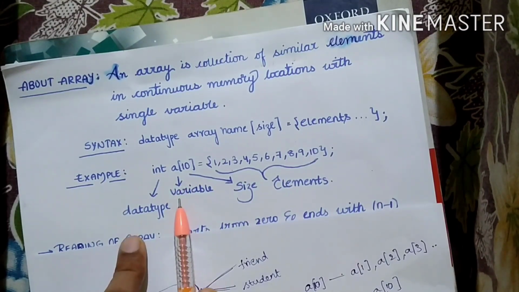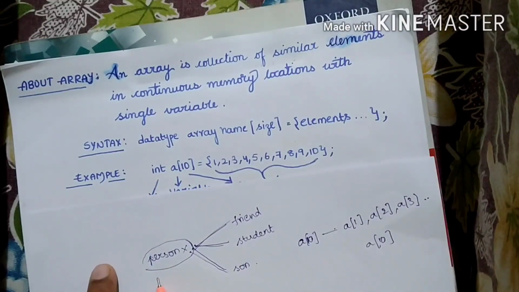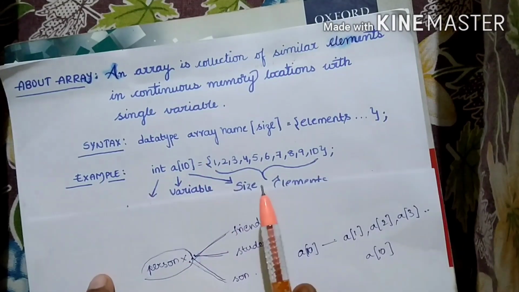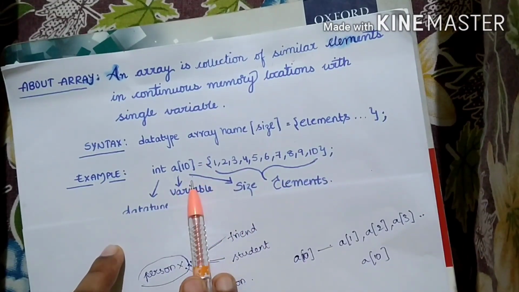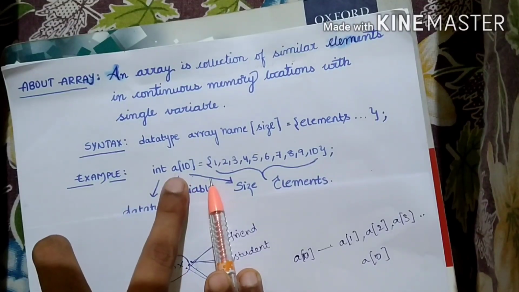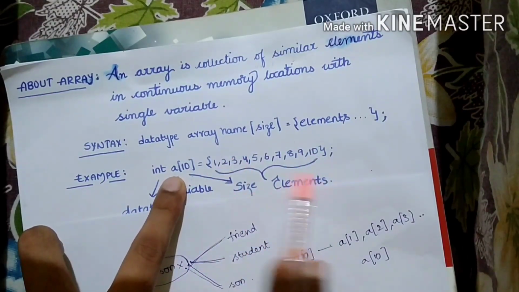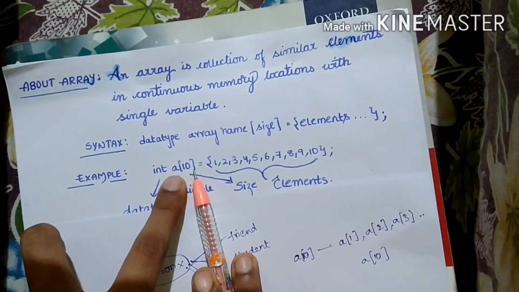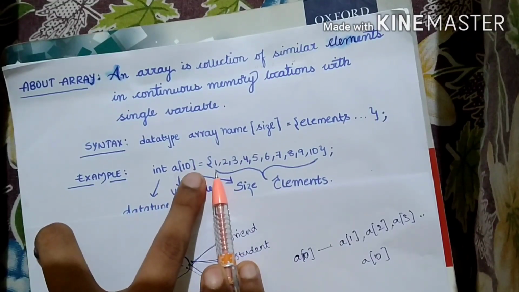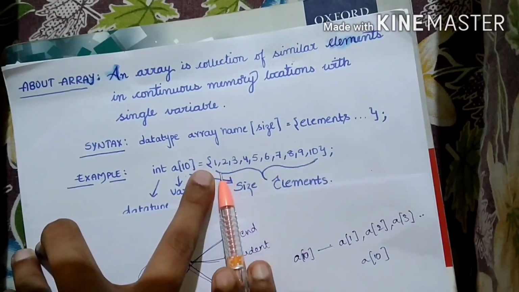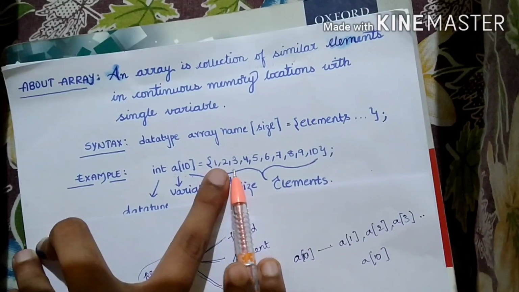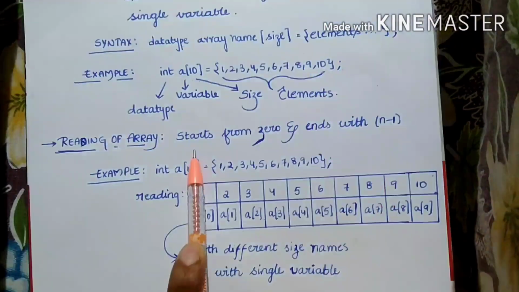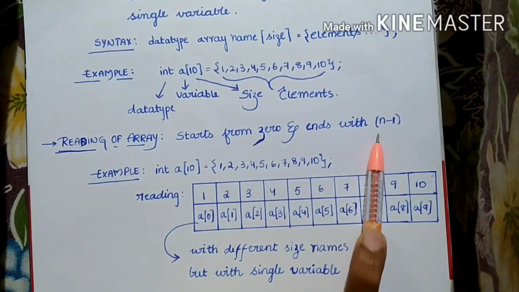And here a is the main variable, that means it acts as the person X. Let's consider person X as a, then you will understand it nicely. So a[10] means a can hold 10 variables at once, with continuous memory locations, that means a[10] equals 1 to 10 numbers. That means a[1], a[2], a[3], a[4], a[5], a[6], a[7] and so on till a[10]. An array starts from 0 and ends at n minus 1.